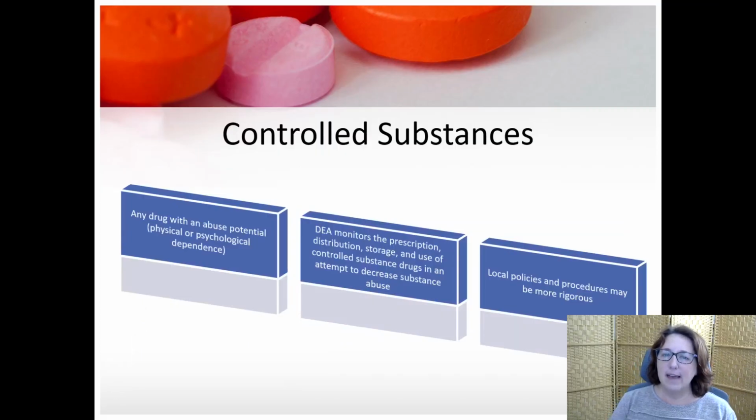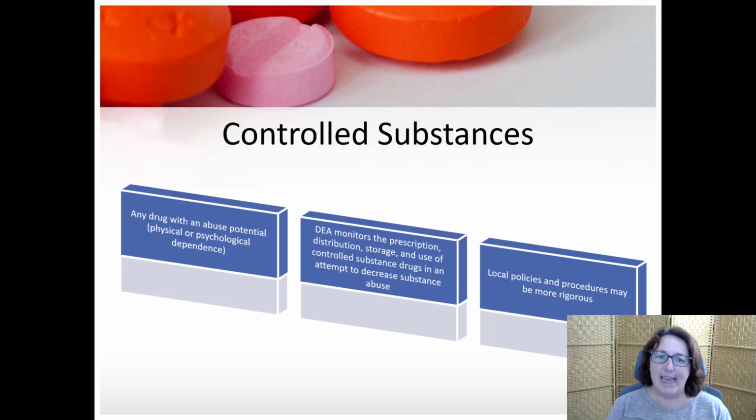Controlled substances. This slide and the next one ties back to learning outcome number 2, describe federal oversight of drugs. So in 1970, there was the Comprehensive Drug Abuse Prevention and Control Act. You don't need to remember that name. But that legislation is what led to the coding of drugs and the enforcement of codes to fall under the